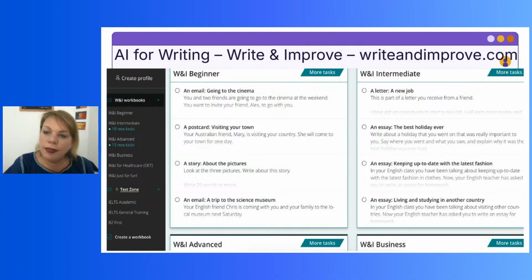So we create a profile in here. We input some information about our level and things like that. And the platform, once again, helps us through the process. Here we have several different prompts that the platform offers us to write about. For example, in the beginner part, we have an email, a postcard, a story. Then on the intermediate level, a letter, an essay,